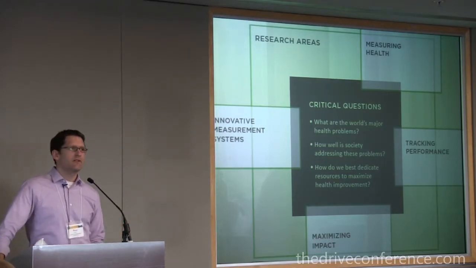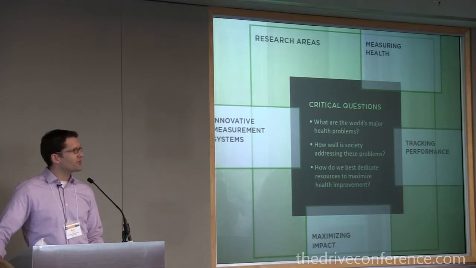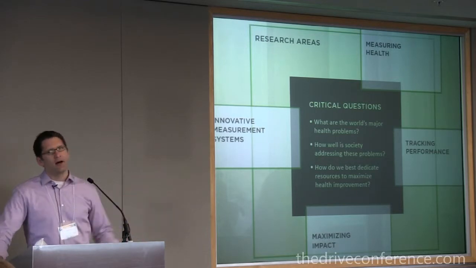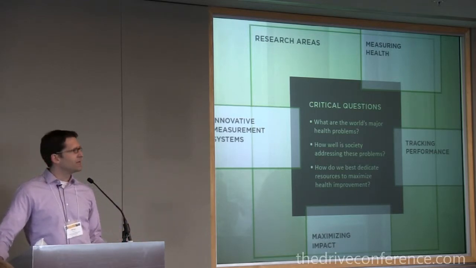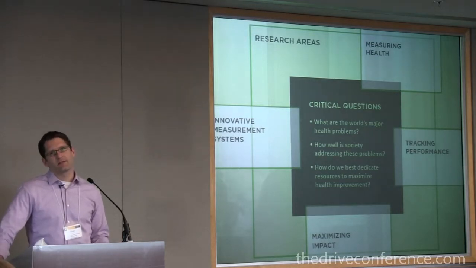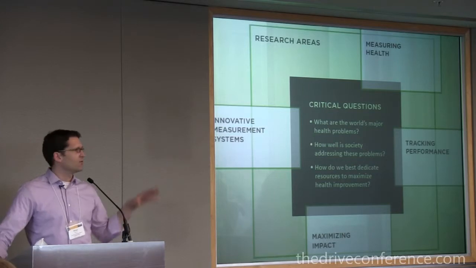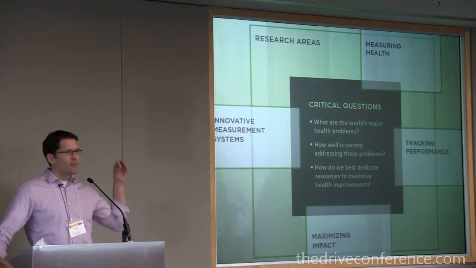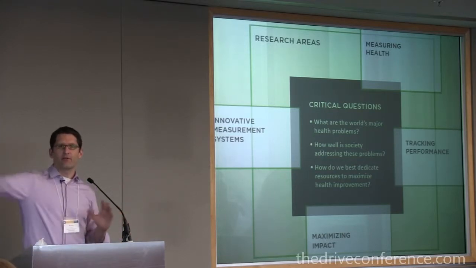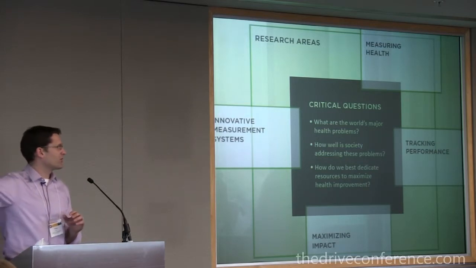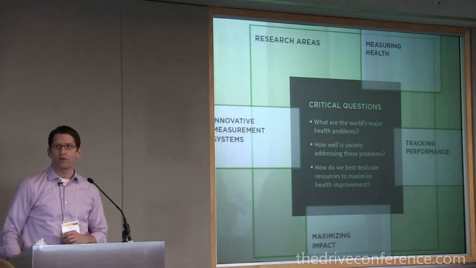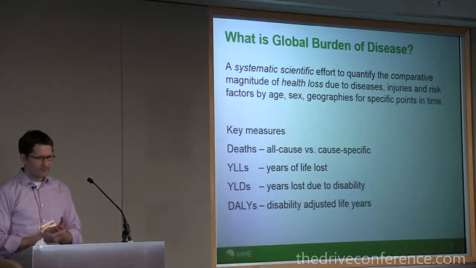We do about 75–80% of our work on a global scale, trying to compare countries amongst each other and doing deep dives in countries around the world. And about 25% of our work is US focused, and we do quite a few projects in Washington State and King County specifically, where we try to drill into way more detail. So we're going from a high level view, which I'm going to show you in GBD, all the way to local trends and patterns.